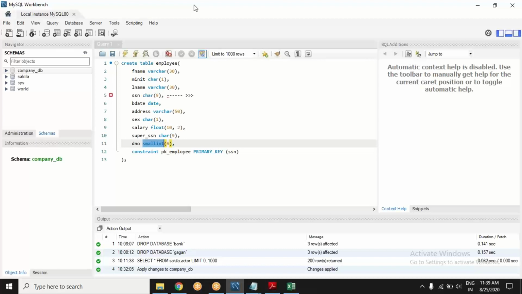You got this? It is department number. It is department number, right? Why is it small int?